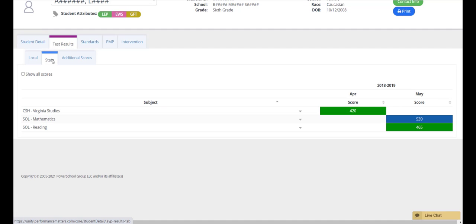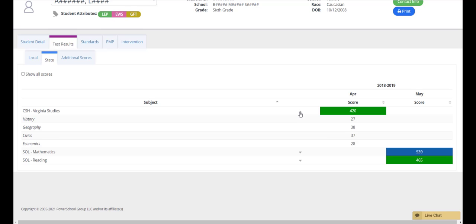The State tab shows the results of the state tests taken by the student. The scores are organized by administration year and administration month and can be sorted using the ascending and descending arrows. Select the caret next to a specific score to expand the results to see the student scores for each individual